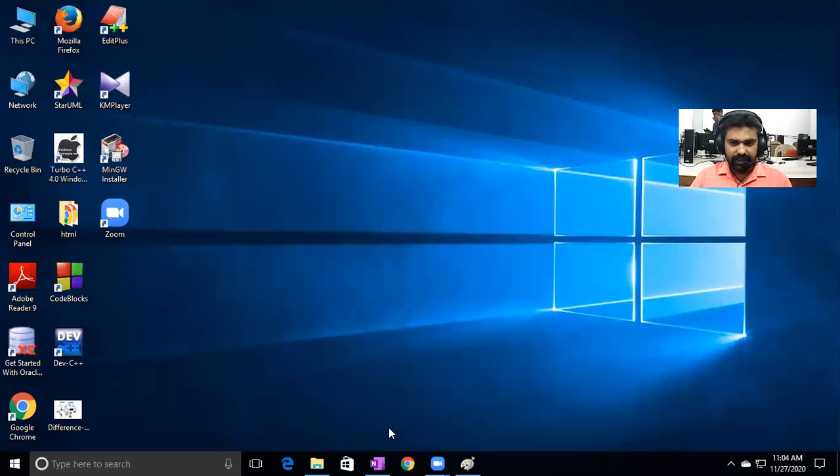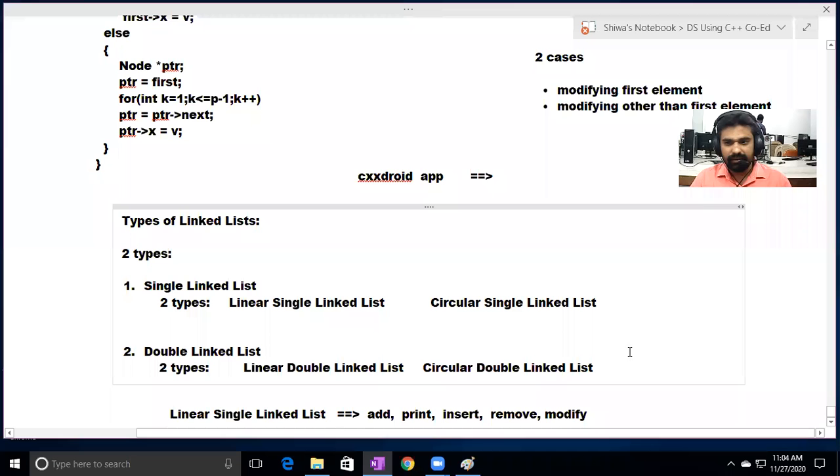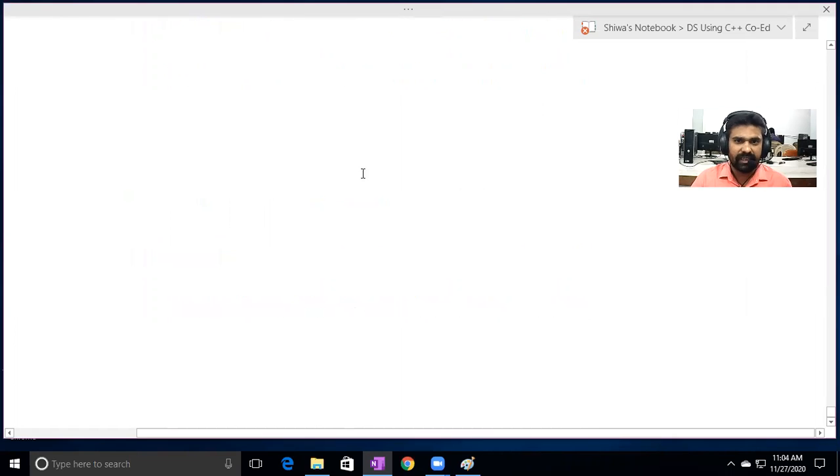So in the previous session, we clearly discussed how we can modify an element in the linear single linked list. So linear single linked list is over. Now, in today's session, I want to talk about how we can create the circular single linked list. Okay. So what is the topic name here? Topic name is,